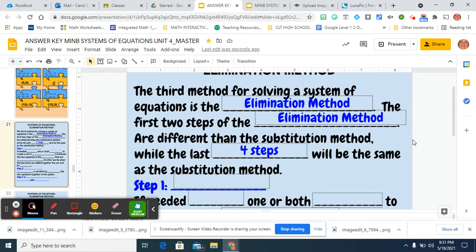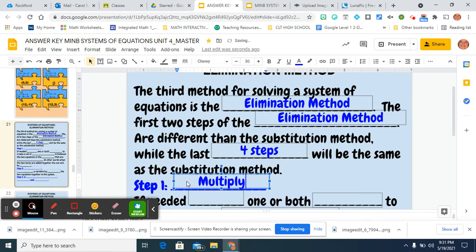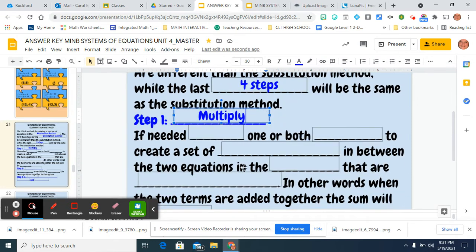Just looking at the name elimination, I hope we know that eliminate means to get rid of, make disappear, right? So the first step that we're going to use in this method is going to be multiply. Now, multiply is going to be an as needed step. So sometimes you're going to need it and you're going to multiply one or both of the equations, and sometimes you won't need it at all. So multiply. So if needed,